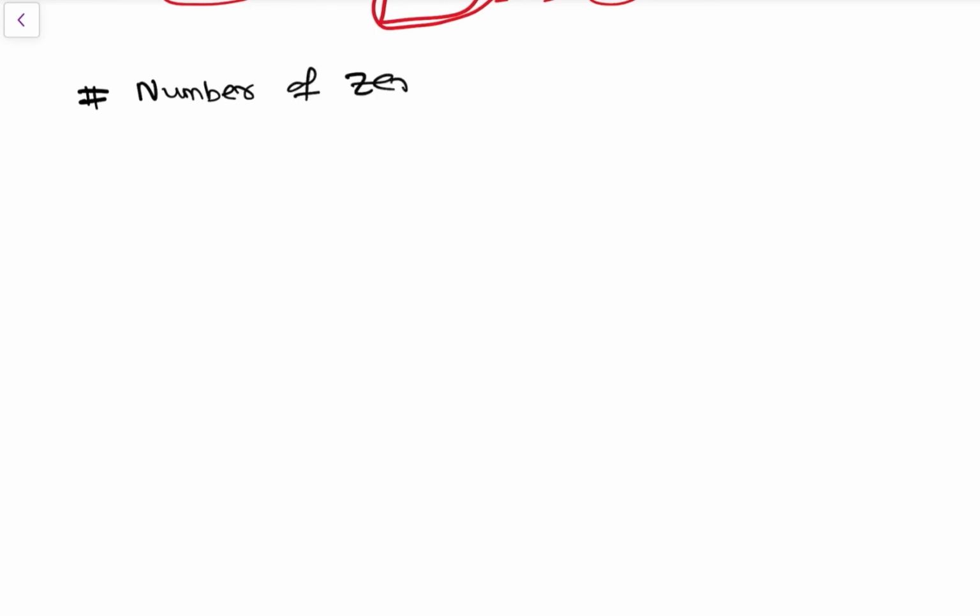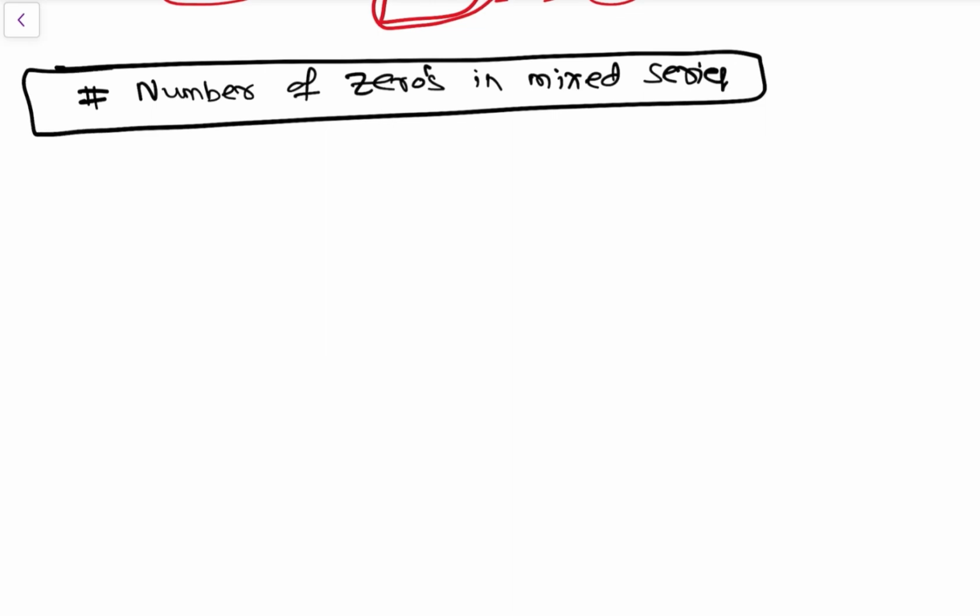ठीक है, so then let's do few more questions, few mixed series का number of zeros in mixed series में करते हैं, so heading लगाओ, number of zeros in mixed series, that is different types of series आता है, so question note down, क्वेश्चन ही सॉल्व करना है बिकॉज कॉन्सेप्ट सेम है, 2 into 5 लाना है, so how many 2 into 5s we get from the series, so 1 into 3 into 5 into 9 into 11 into so on into 999 into 128,